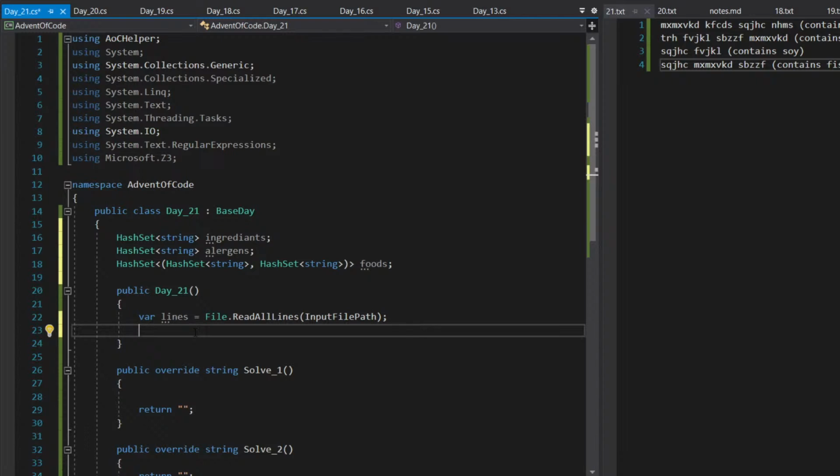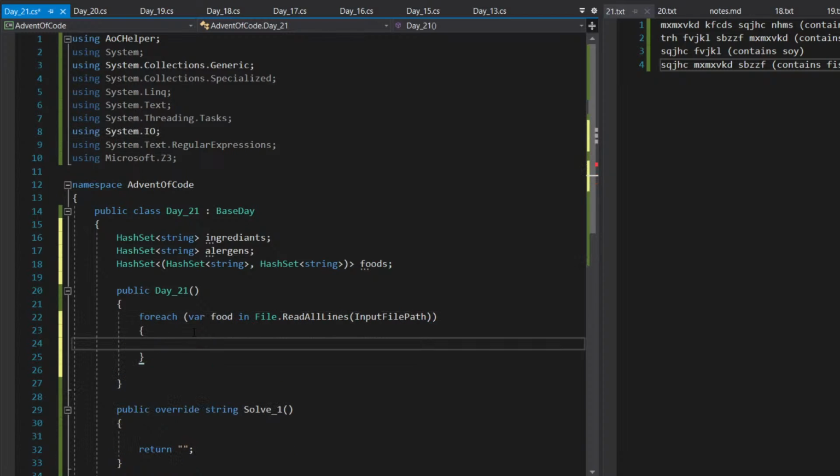All right, reach our food in final. We want our ingredients to be